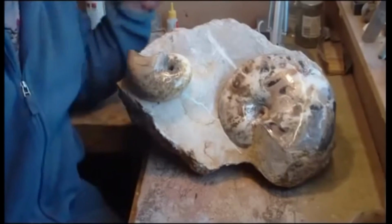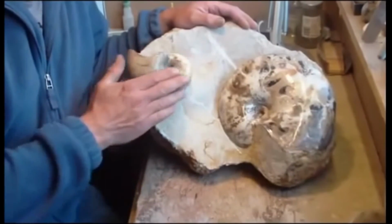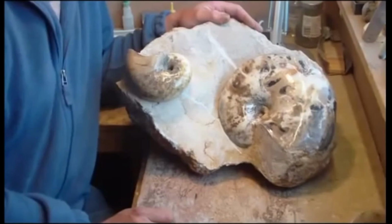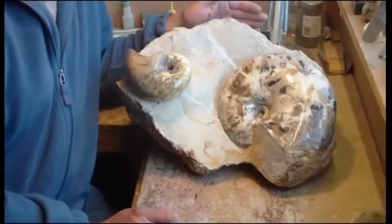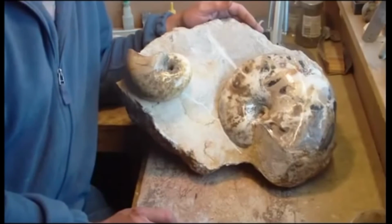Welcome back again. As you can see, we've been doing a little bit of polishing to the large Nautilus, and also a little bit round here on the smaller one. There's many different ways of polishing, using wax, oils. There's all sorts of things you can do to polish. I've basically done this a very simple way that anybody can do, which is basically using two tools: